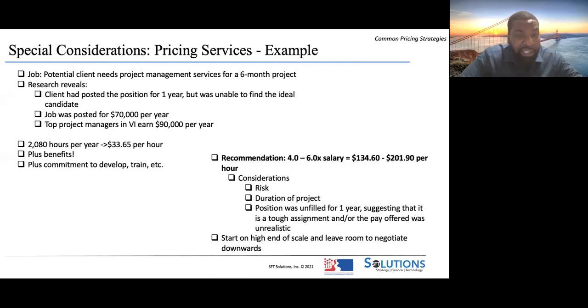So my recommendation would be 4 to 6 times salary. I know before I was telling you 2 to 3, but as I said, that's a starting point for negotiations, and I would work my way up from there, right? So for this particular case, based on the different pieces of information that I'm giving you, I would say that this justifies a higher salary or a higher cost of the project.